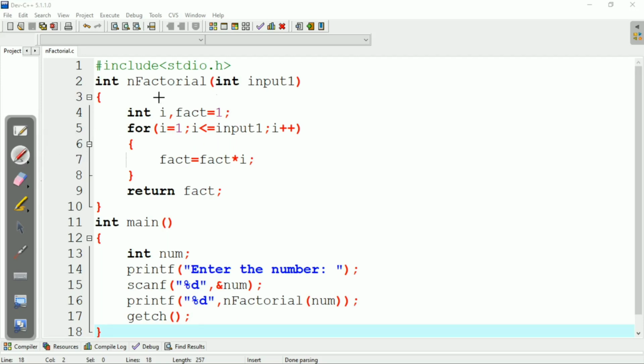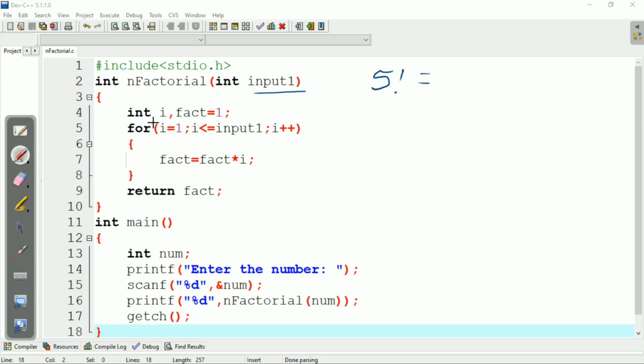Let's see how this program will work. At first we have declared the function named n factorial, which consists of an integer type argument named input1. Let's take one input, let's say 5. We have to find the 5 factorial.